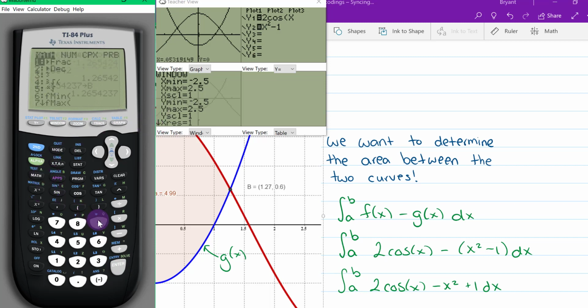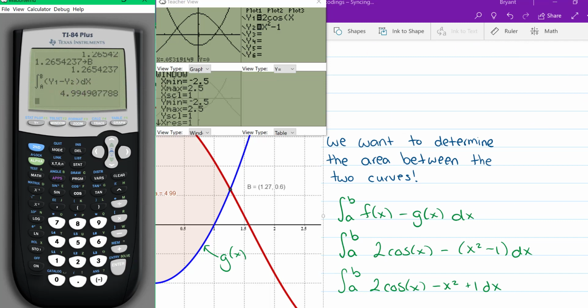So we hit Math 9. And then we're going to integrate from A to B. And then if you want, you can type in your functions. You can actually type in what we got, which was 2 cosine x minus x squared plus 1. Or you can just hit alpha trace to get y1 minus y2. And we're integrating over x. And you hit enter. And your calculator will do a little calculation and work it out